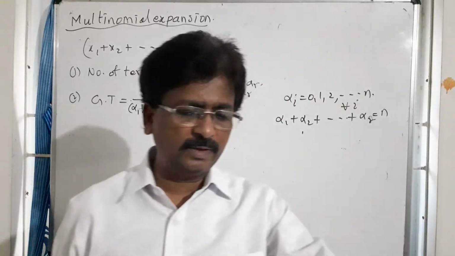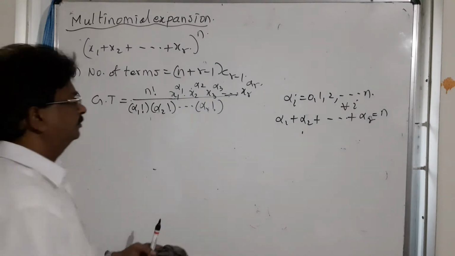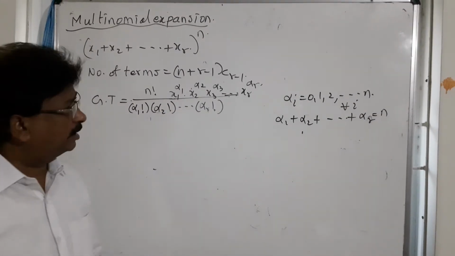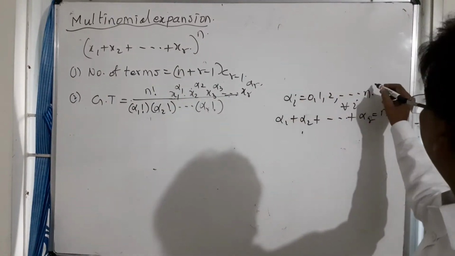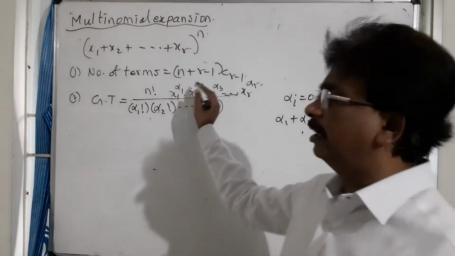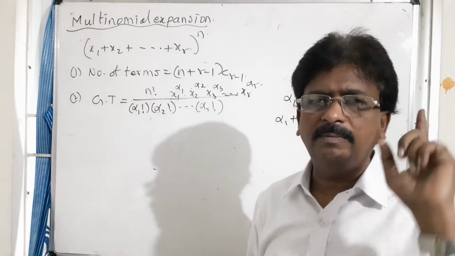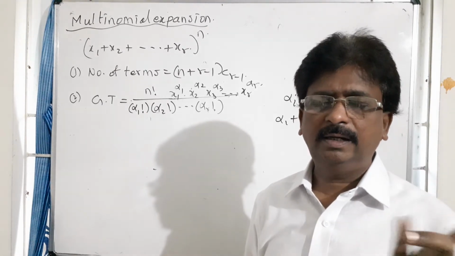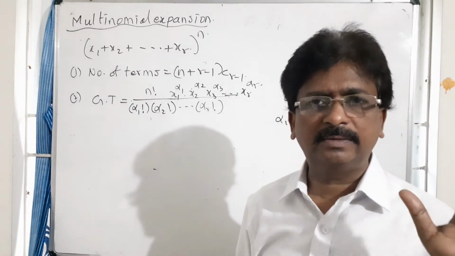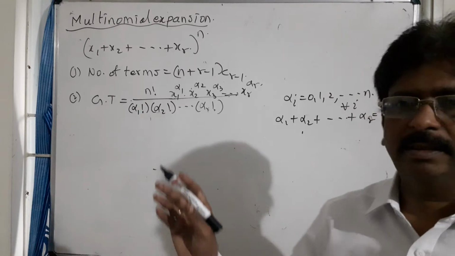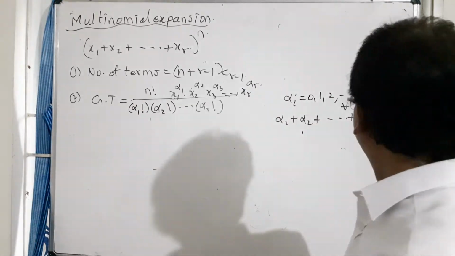Now let us solve one problem. And what is the other condition? In case of the powers, we got one condition: none of the exponents can exceed n and none can be less than 0. Every exponent, alpha 1, alpha 2 and so on, is a natural number only. And the second condition is that the sum of the powers of x1, x2 and so on is equal to n.